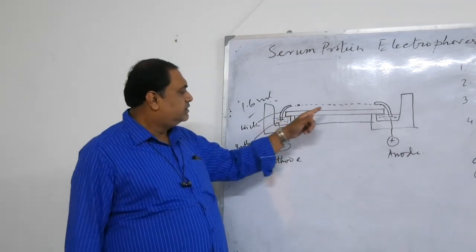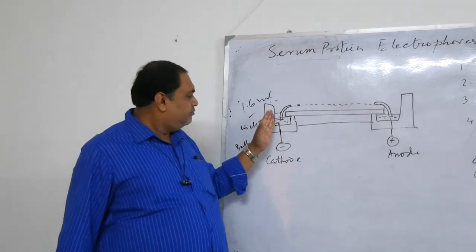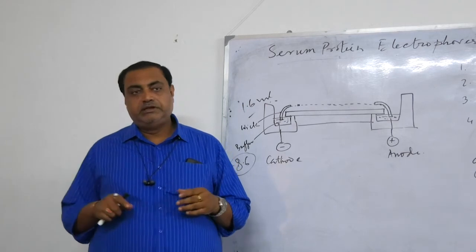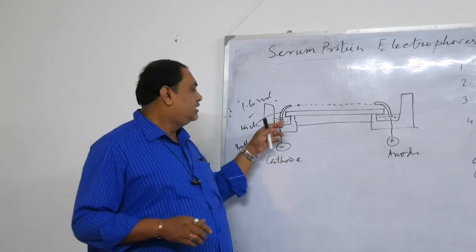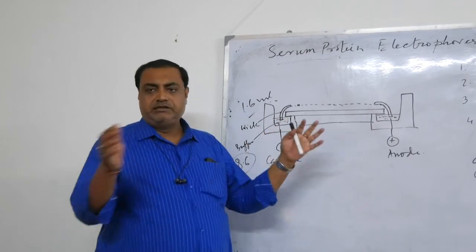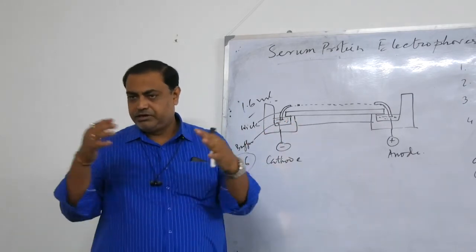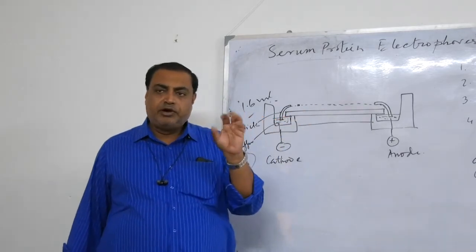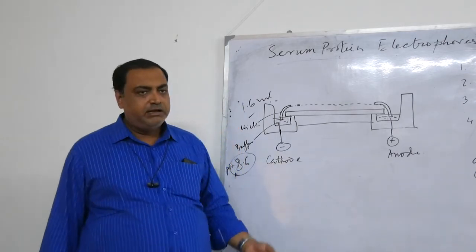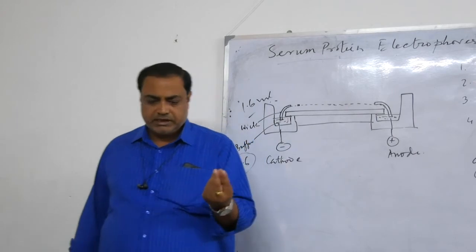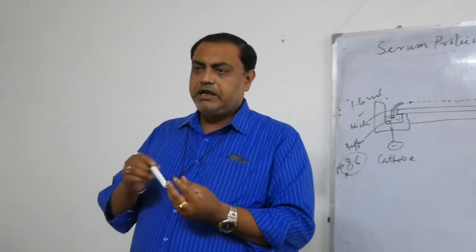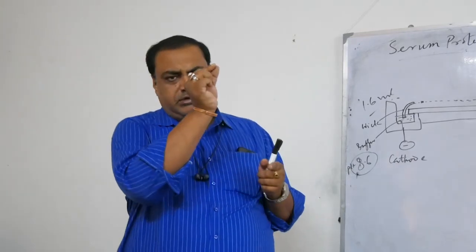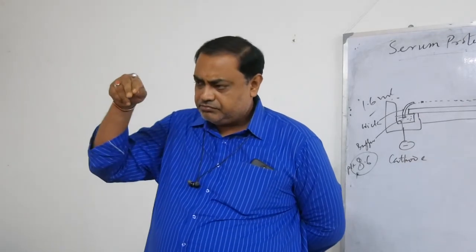Then we put the glass slide. We don't put any sample, put the wick, and then we run it for some time. This is called the pre-run. The pre-run allows all the ions to migrate in opposite directions, like opposite charges attract, so that the whole gel becomes moist with the buffer. Then we take a small amount of serum in a porcelain pot, and with the help of a piece of very thin paper cut like a wick,